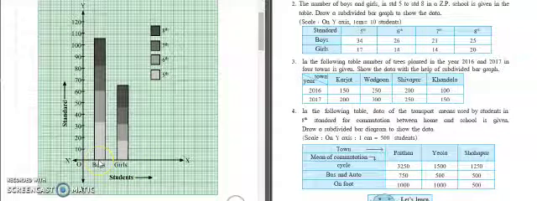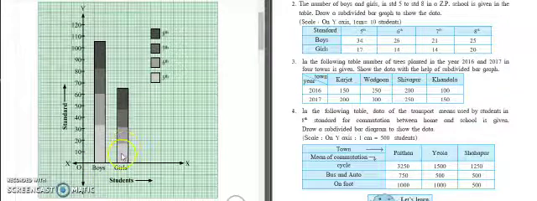So this is the boys' graph, this is the girls' graph. Now boys in 5th standard are 34, so mark this line here at the 34 position. For girls in 5th standard, there are only 17, so for girls the height is at 17. This is 10, this is 20, so this is 17. Mark this line as girls in 5th standard.